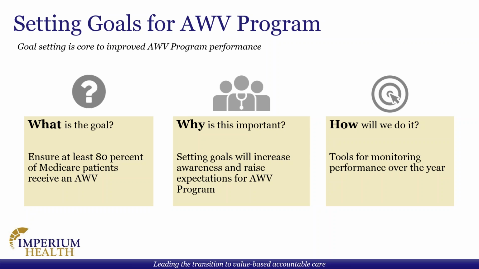Now we know that 80% I feel like is an obtainable target because there's going to be some patients that have become attributed to us that maybe have moved away. Maybe we saw them once or twice in a setting, but they're no longer with us. Or there might be patients that show up on an initial list that happen to have passed away. So saying 80% I feel like is obtainable because it hopefully allows that we're able to get as many of them in as possible, but a couple of them we just know that we're not going to be able to